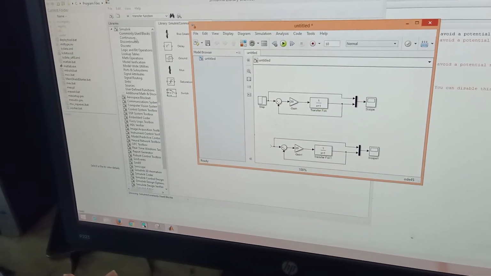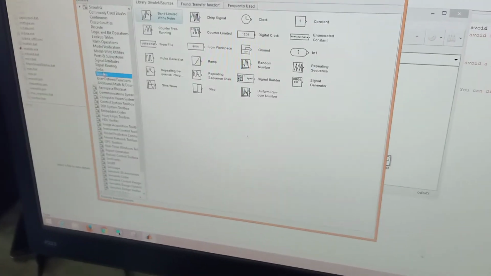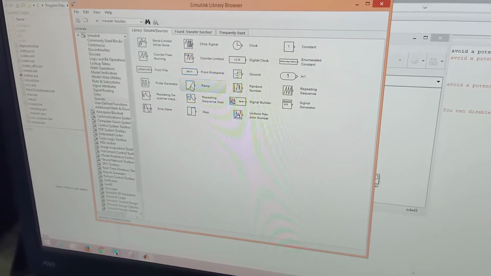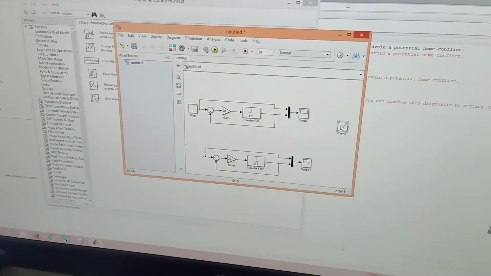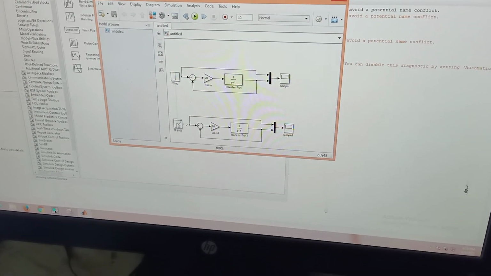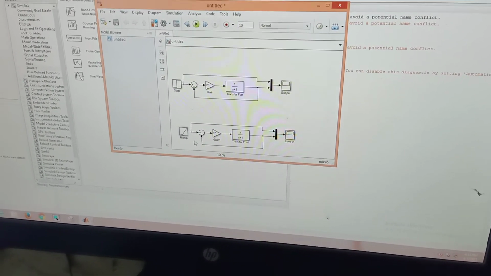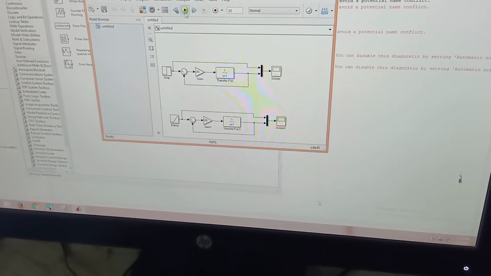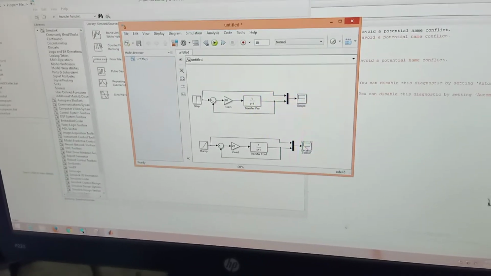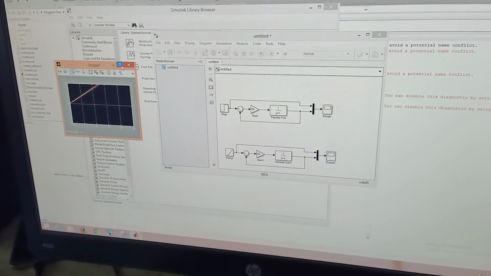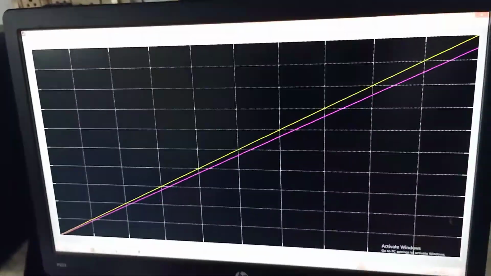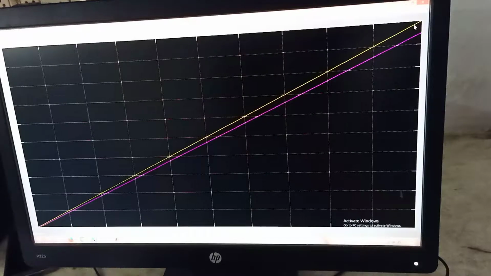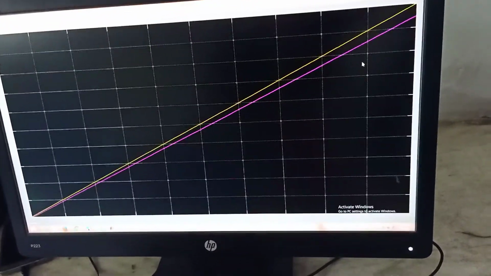Now I am going to select from the sources. Again, it is ramp. Drag this ramp input to the untitled window and just connect to the corresponding block. Now again you have to run this simulation block, and then you will get the corresponding output for a given ramp input signal.